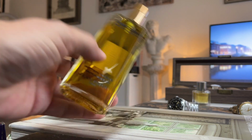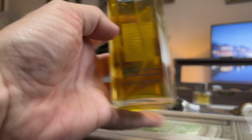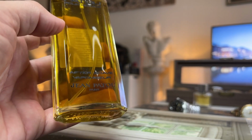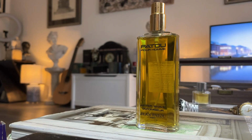There it is. Lovely. I like the bottle design. Let's have a little bit of a closer look at that if we can get some kind of decent light on that. It could be better, couldn't it? Let's see if we get a bit more there. Okay, so it looks good. It's a basic bottle now. Classic